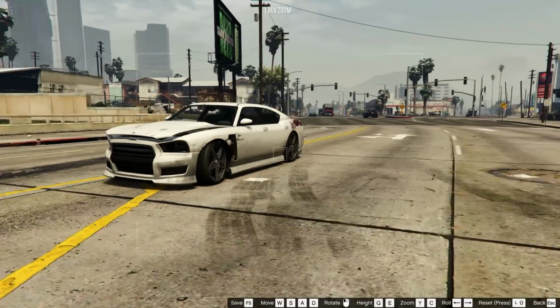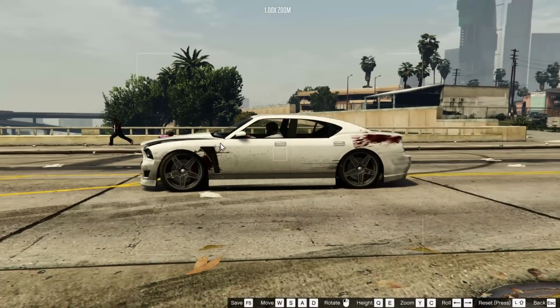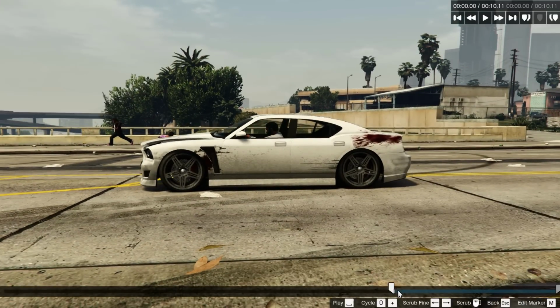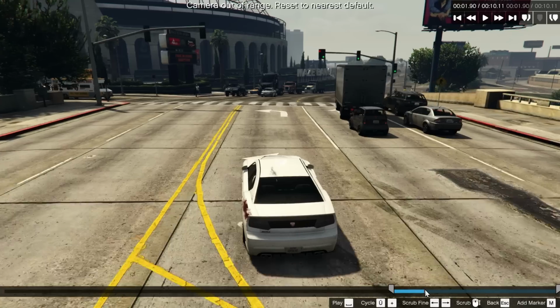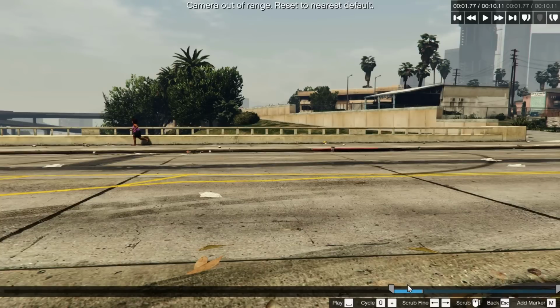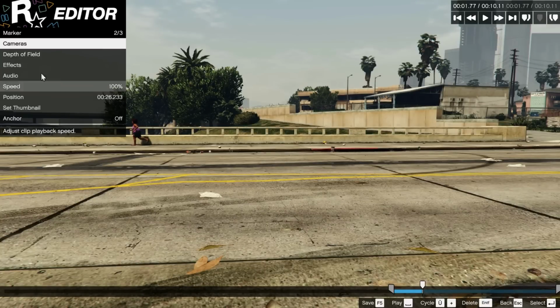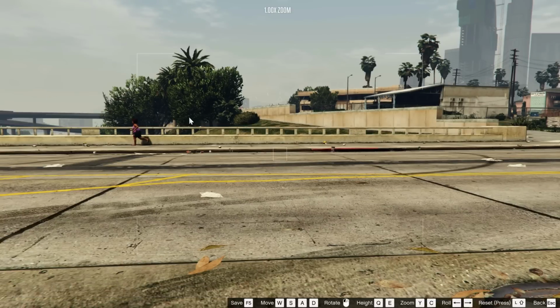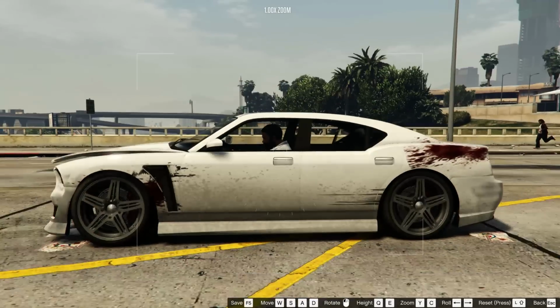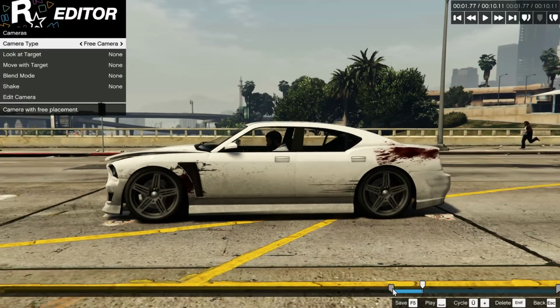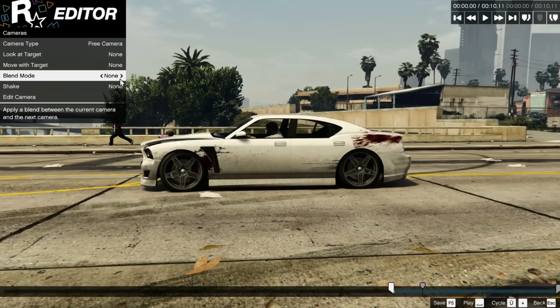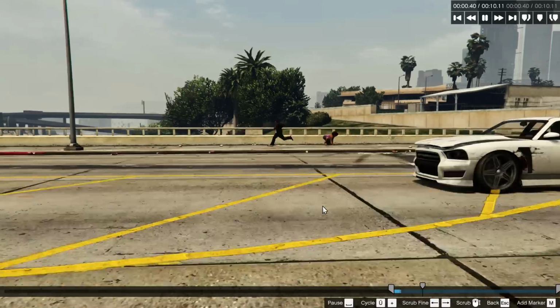Now you can edit the camera of the first marker to your liking. Because when you're done with that, the next marker on the timeline will automatically use the same settings. This saves you a lot of time. Then you edit the second camera to where the pan should end. When you go back to the first marker and activate the blending, the movement of the camera should look pretty cool.